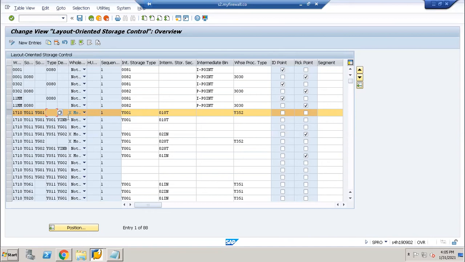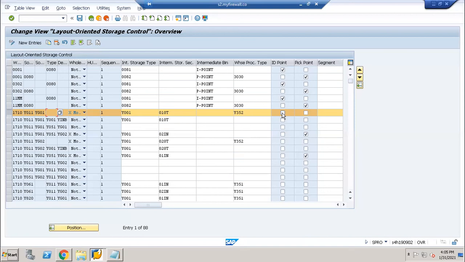The problem in LOSC, as I have described, is the ID point and peak point. People are not identifying the ID point, and it is very difficult to maintain the ID point and peak point in the data. Hence, for simplification, most companies nowadays are using POSC only, process-oriented storage control.